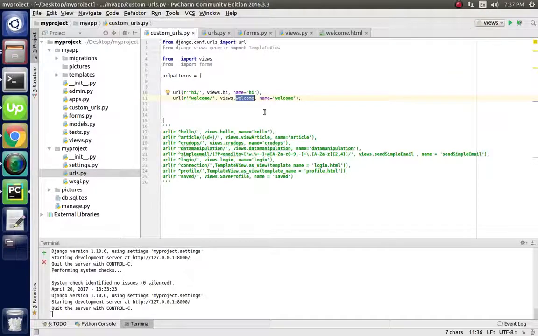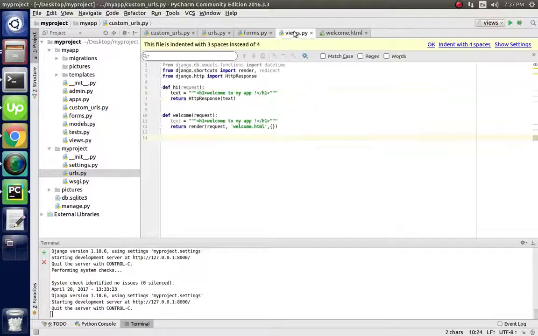This is custom urls.py. Here I defined two URLs, the first is hi and another one is welcome. In the hi URL I define things in the view, and here is the hi definition. This one is the view file and here is the hi definition.